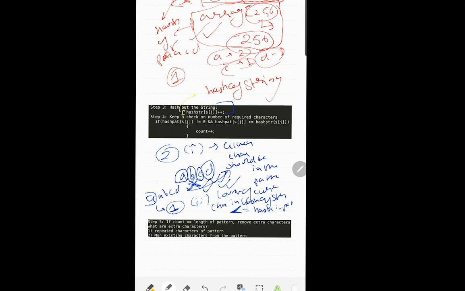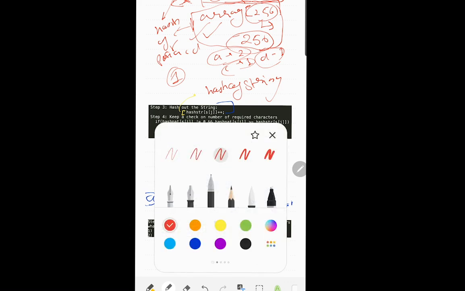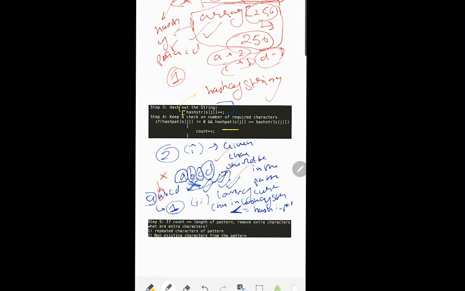So now when I come to the second A, I do not need to do it again, because this A will be pretty much useless to us. I've already considered the maximum amount of A's that are needed in my pattern, right? You'll understand this more clearly in the next step. So if these two conditions are satisfied, what do I have to do? I maintain a count, which was initialized to 0.